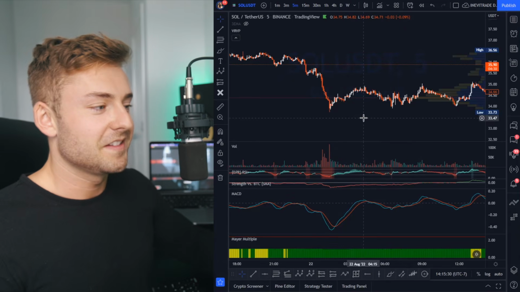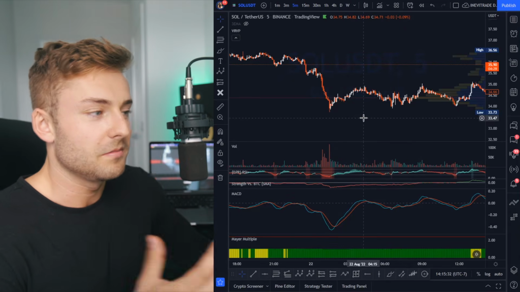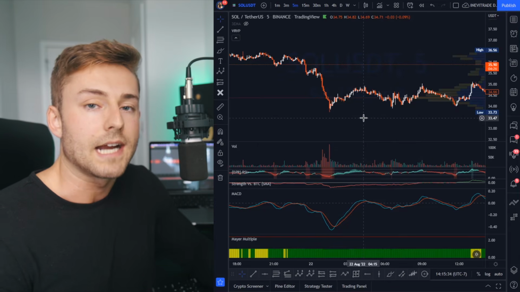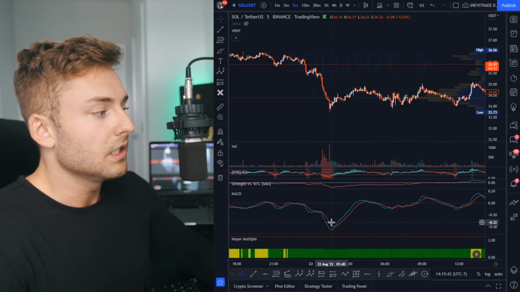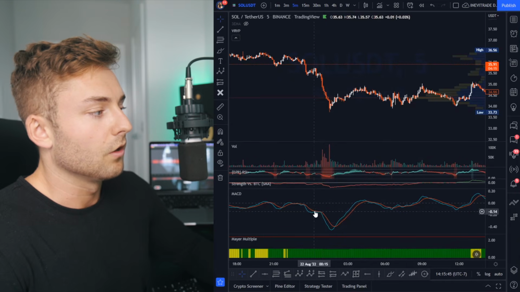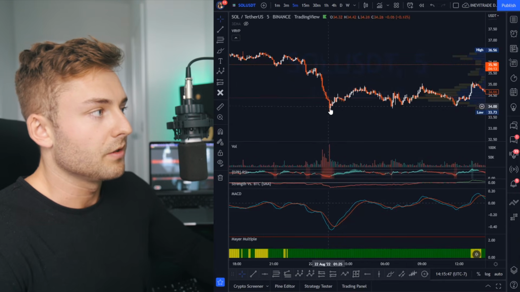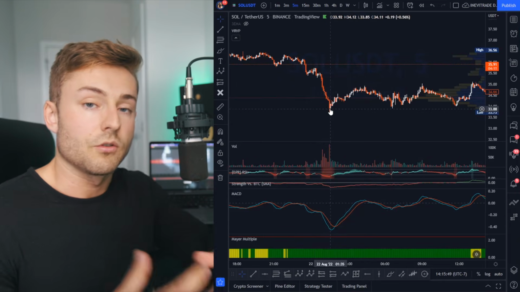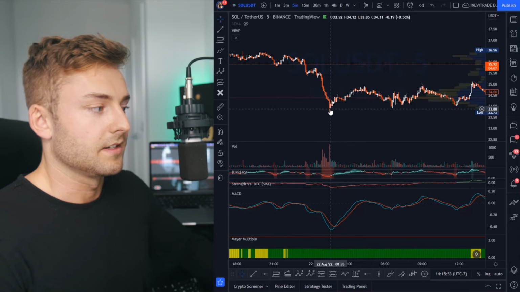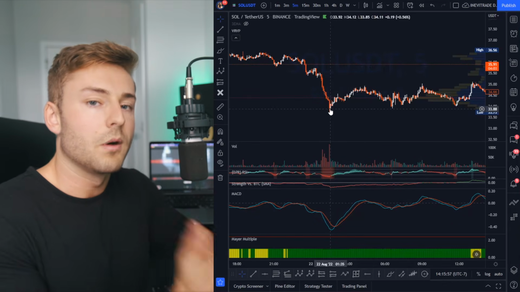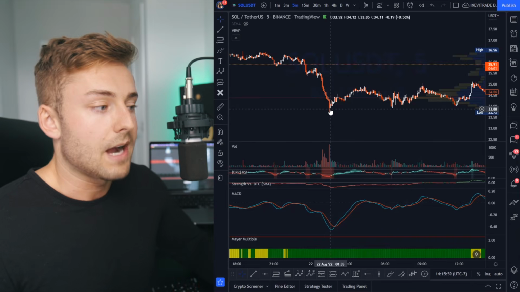Trust me, I tried this in the beginning of my career and I thought it was going to be super easy, but the problem with MACD is it's an extremely reactive indicator, meaning that this is going to give you fake out signals almost all the time, and then the price action is going to develop and the indicator is sort of just going to follow it, and then after the fact, it's going to look like it was super clear the entire time. Hindsight's 20/20, but there is a way I've learned sort of how to use this to